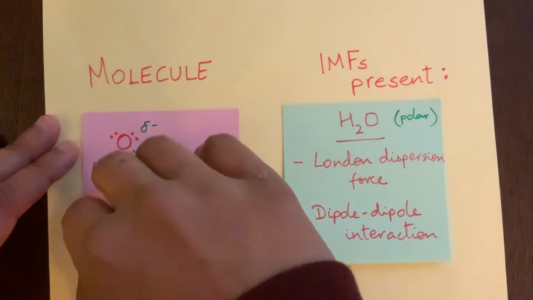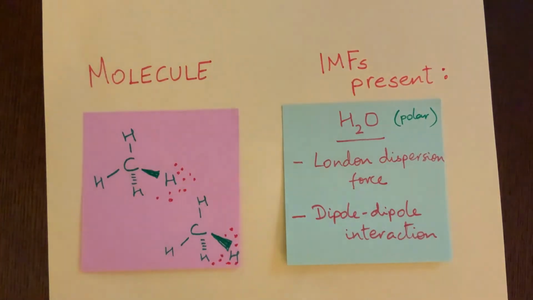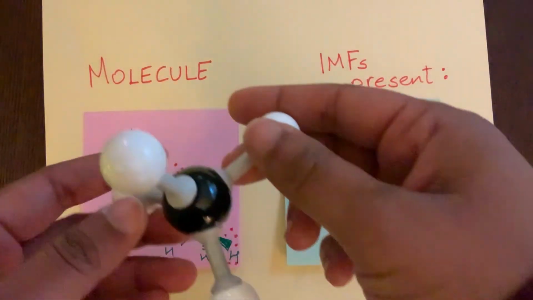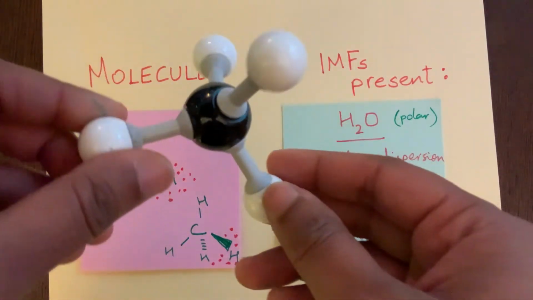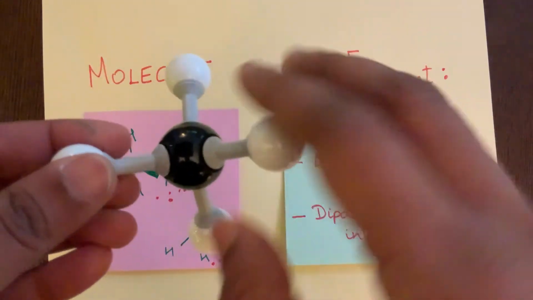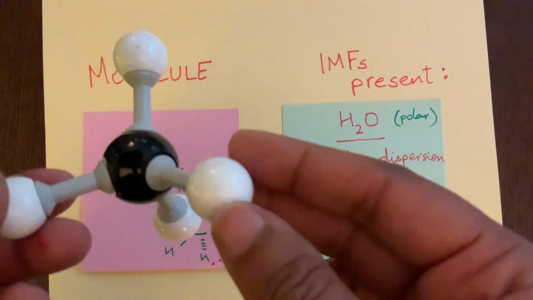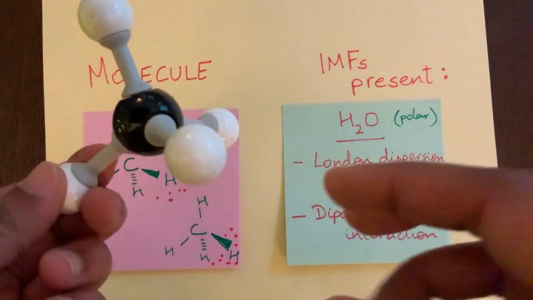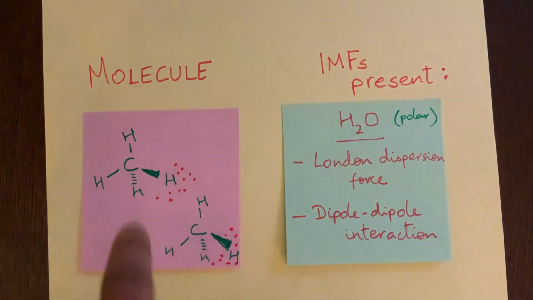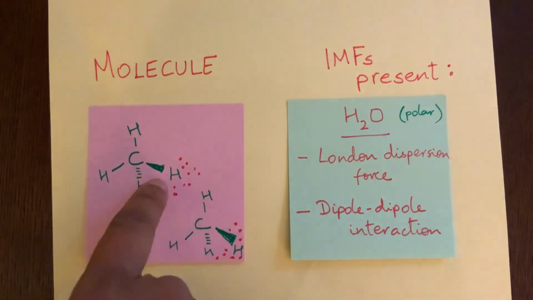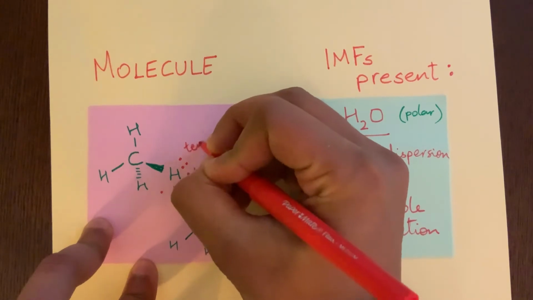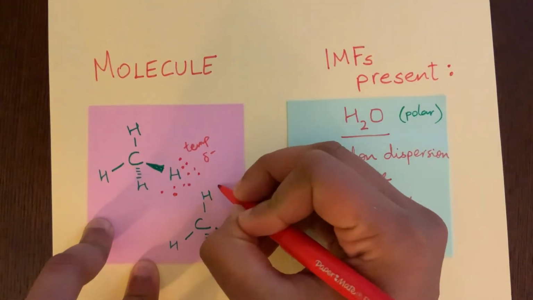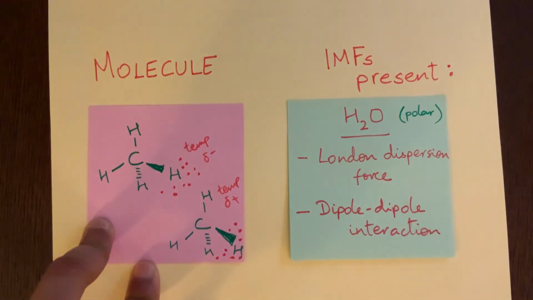All right, let's go ahead and look at a different molecule. Let's go ahead and look at methane, or CH4. So this is CH4. It's perfectly symmetrical, which means there's no side of this molecule that's negative and no side of this molecule that's positive. All of the electrons are evenly distributed around, except we know electrons are like planets. When they're moving around, they may by chance aggregate to one side or another. So if that should happen, let's say all of the electrons that are moving around CH4 suddenly aggregate over here, and there happens to be another molecule of CH4 where all of the electrons aggregate over here, what we have on our hands is a temporary partial negative charge over here and a temporary partial positive charge over here,